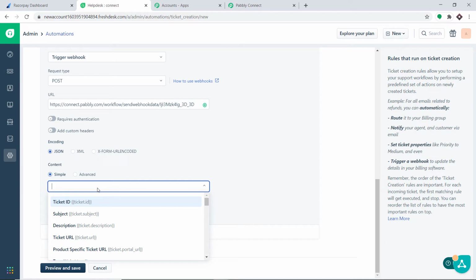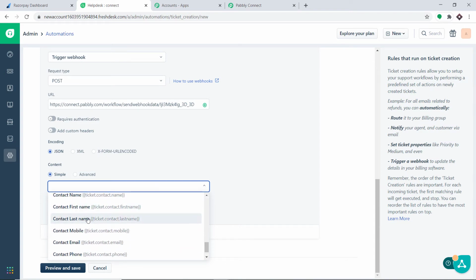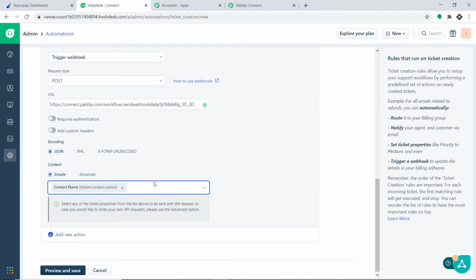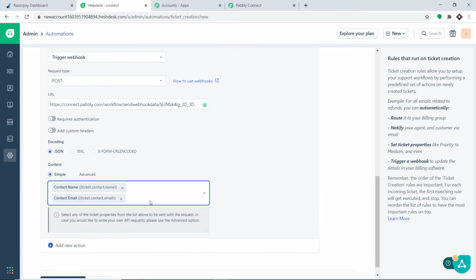So how about we start with the name? Okay, so the company name, no, contact first name or contact full name. Okay, contact name. Okay, then let's go with another one. How about email? Do they have email? Okay, let's see. Contact email. And then how about we go with the number?